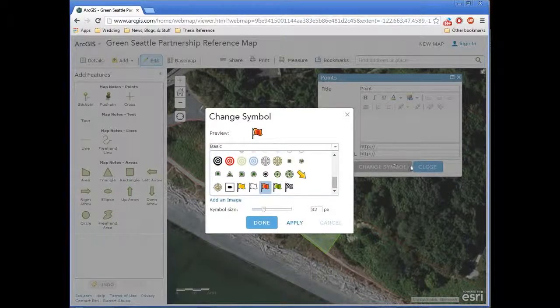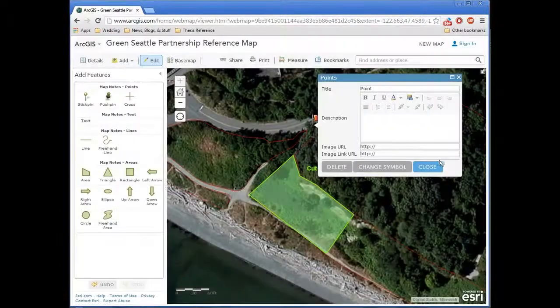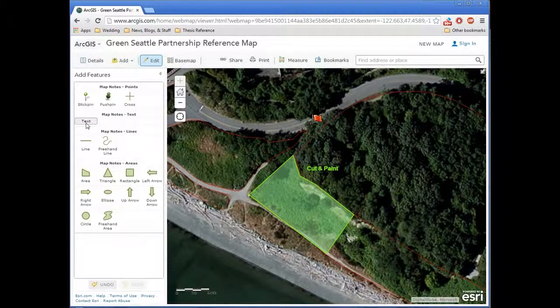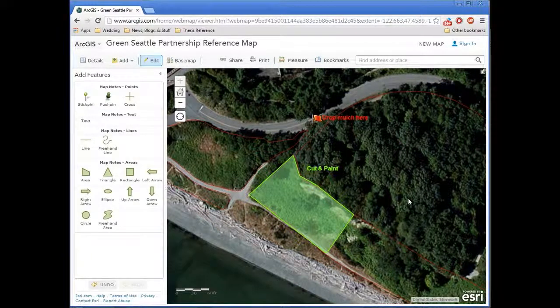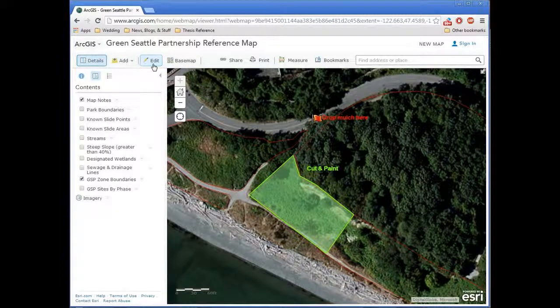Let's use this red flag. Might want to add some text to that. Again, you want to make it visible. So there you go. Once you've created all of your little annotations within a view,